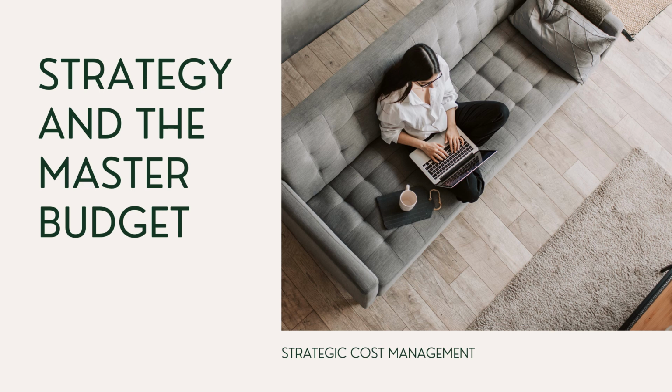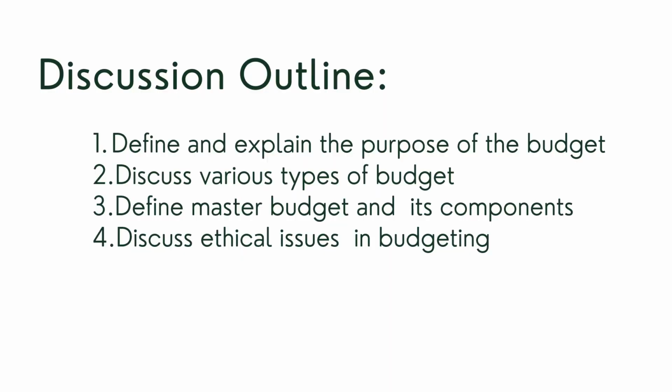For this afternoon, we will be having the following discussion outline. First, we will define and explain the purpose of the budget. Second would be to discuss the various types of budget, including the operating budget, capital budget, and cash budget. And third one would be to define the master budget and its components. And finally, we will discuss the ethical issues in budgeting. Okay? So to start, we have